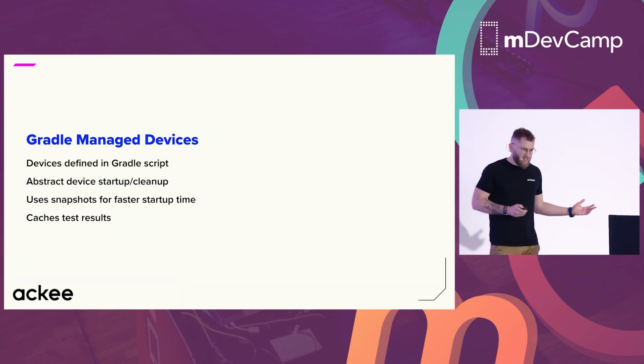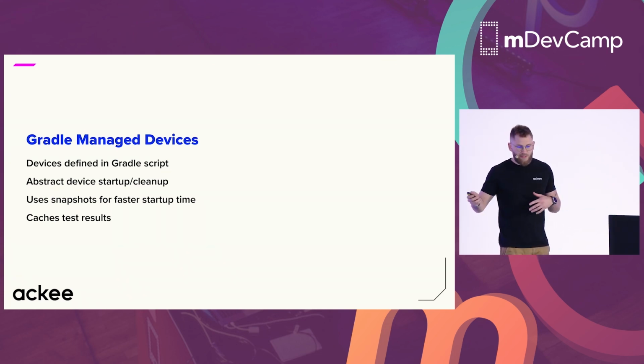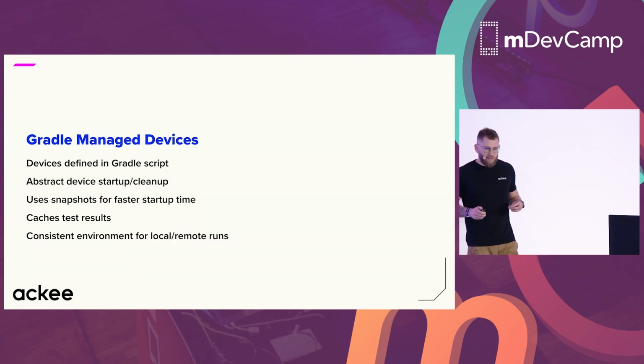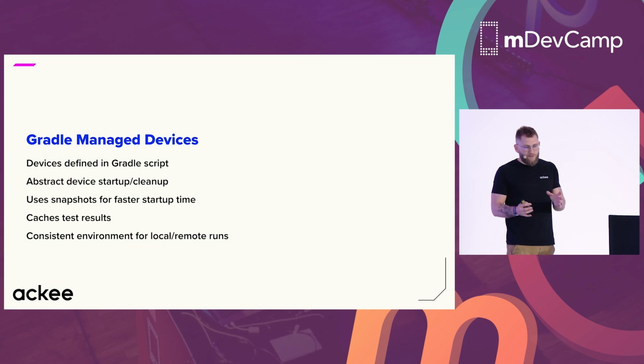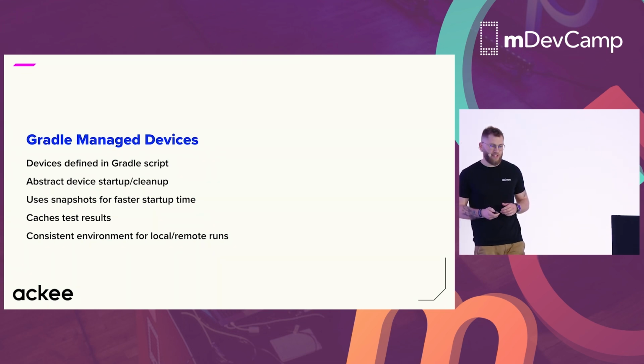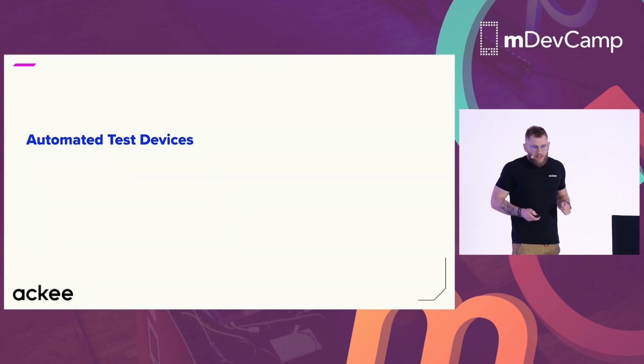They also cache some test results, so if nothing changes in the code, they won't even start the emulator. And then you can have a consistent environment for your UI tests, be it on your local machine or remotely in the CI. They've also